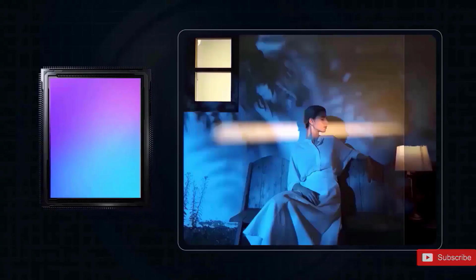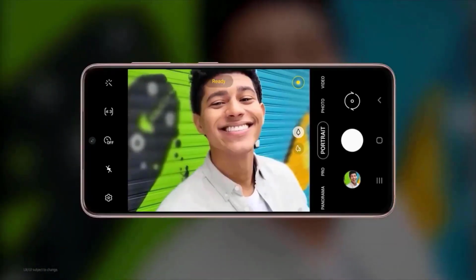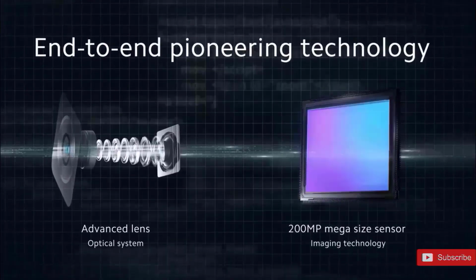Samsung has been putting a lot of effort into developing a high megapixel zoom utilizing the most recent camera sensors and AI technology. As a result, for the first time ever, we will see performance that is almost equivalent to an optical zoom level of 5 times. In addition to the 3x optical quality forward portrait picture performance, as I previously said,